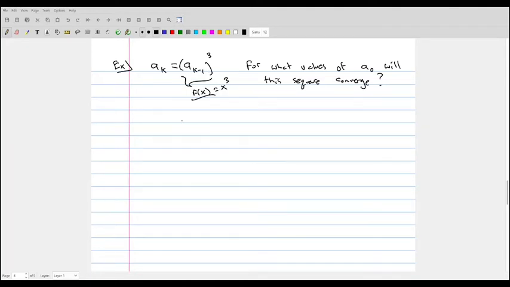So what we expect then is that the limit as k goes to infinity of a_k is equal to the limit as k goes to infinity of a_{k-1} cubed. If this limit exists, it'll be equal to L, and if this limit exists, it will be equal to L cubed,